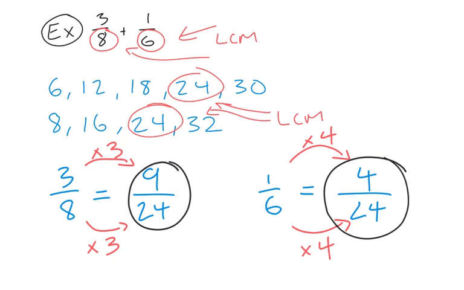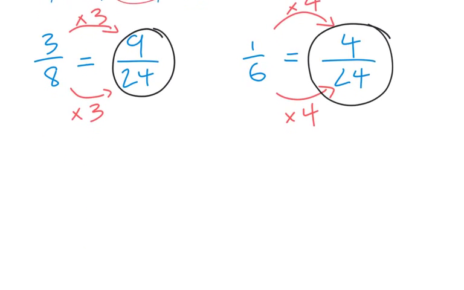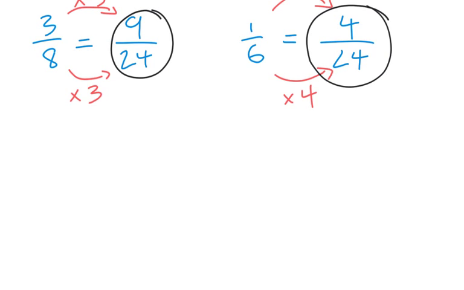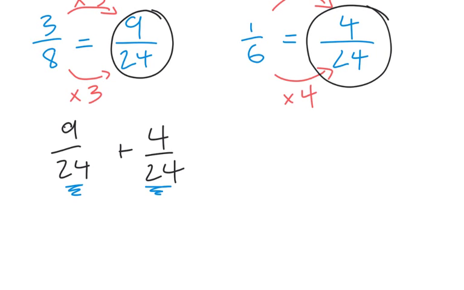At this point, I'm going to rewrite my original question using my equivalent fractions. So I have 9 over 24 plus 4 over 24. Because the denominators are equal, you can go ahead and add these fractions. So let's look at the numerators. 9 plus 4,